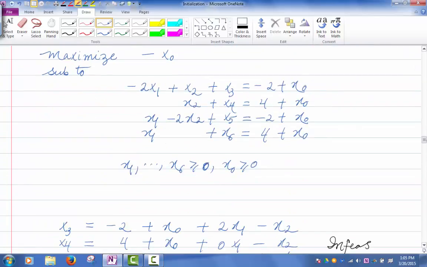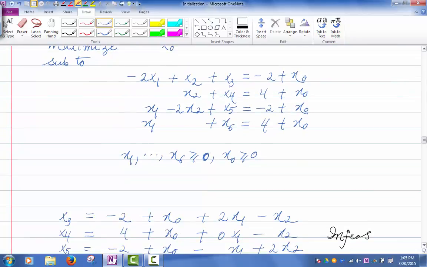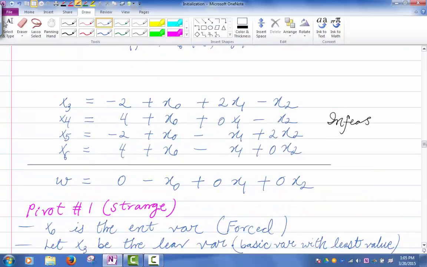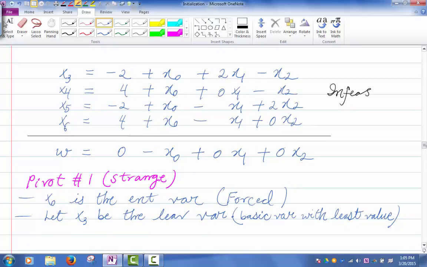Let's see, where is the initial? Here is the initial dictionary of the auxiliary problem. Okay, in the auxiliary problem, what's the objective? Objective is maximizing negative x0. Now remember what we said. One thing you need to remember is